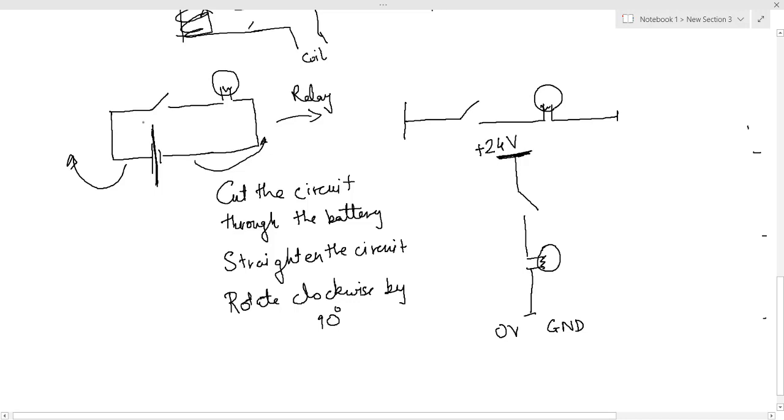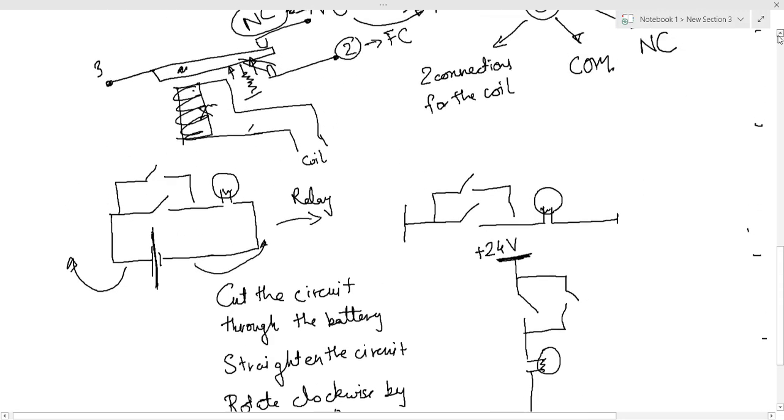So if there is a parallel circuit over here, how will it look? Because we have cut it, it will still look like this only, right? And in this diagram it will look like this, right? So this is how the entire circuit is drawn.